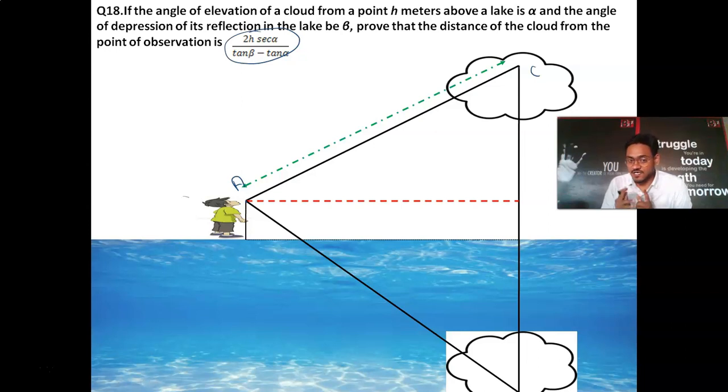Okay students, clear? Again, this angle is alpha and this angle is beta. Here I am giving you a hint. You will use cos alpha, because here we have to find the hypotenuse, and cos alpha is based upon the hypotenuse. Now it's your work to solve the complete question. Now don't get confused with this word distance. This is not asking about the shortest distance between the cloud and the observer. This denotes the distance along this line of sight. Students may get confused, so you don't need to be confused here.